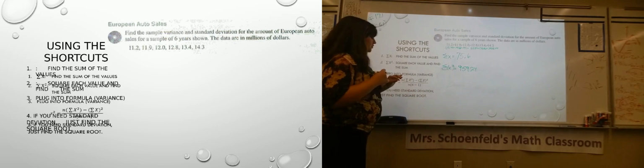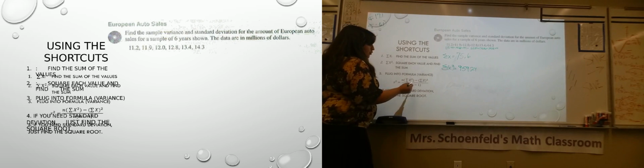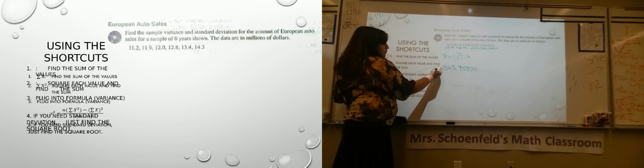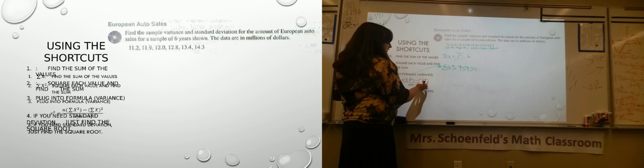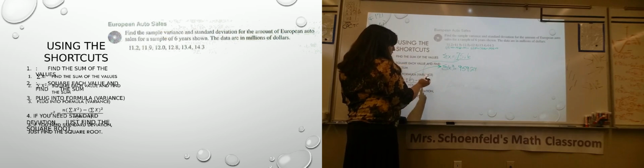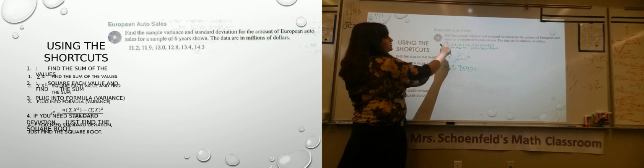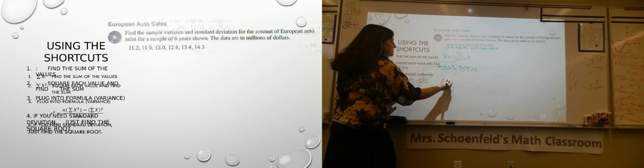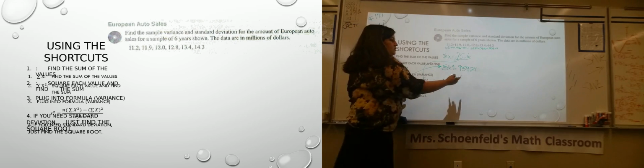Okay, where these things are going in your formula. So this guy with the x squared inside the parentheses is that one. This one with the x squared outside the parentheses, we're putting the 75.6 inside and we'll square it eventually. So our number of points, 1, 2, 3, 4, 5, 6. So we have 6 times the sum of the x squareds, which was that